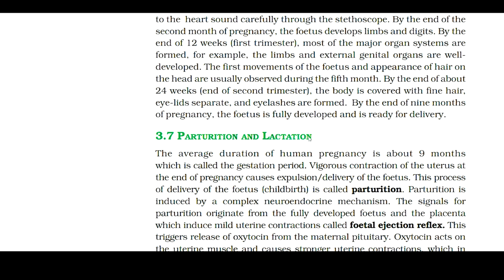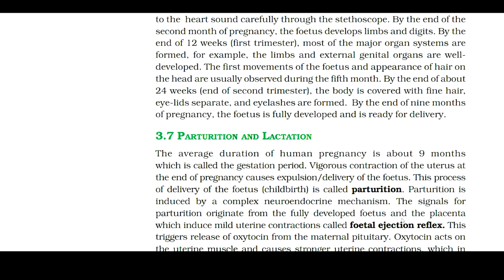3.7 Parturition and lactation. The average duration of human pregnancy is about 9 months, which is called the gestation period. Vigorous contraction of the uterus at the end of pregnancy causes expulsion or delivery of the fetus. This process of delivery of the fetus, which is childbirth, is called parturition. Parturition is induced by a complex neuroendocrine mechanism. The signals for parturition originate from the fully developed fetus and the placenta, which induce mild uterine contractions called the fetal